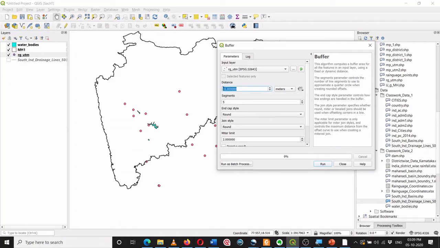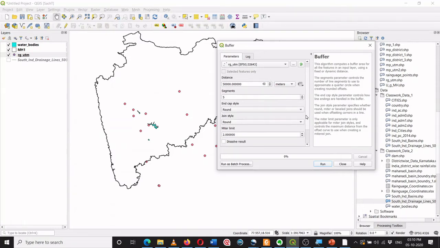So the norm says a 50 km radius is enough, so I will put 50, but I have to convert it into meters, so I will say 50,000 meters.